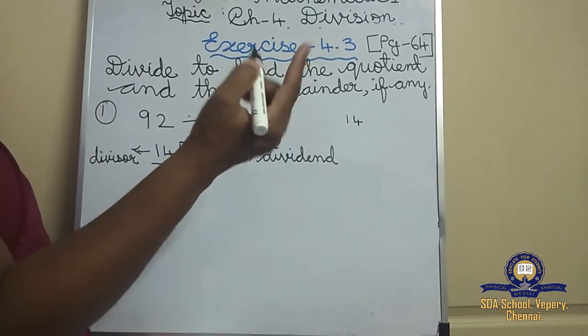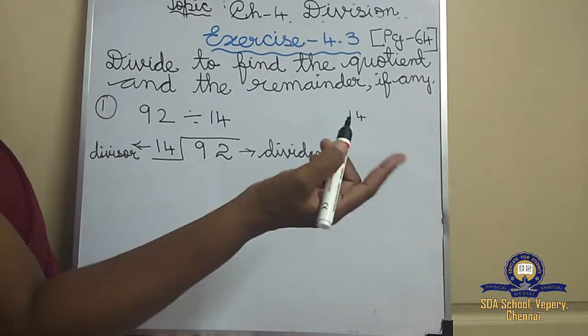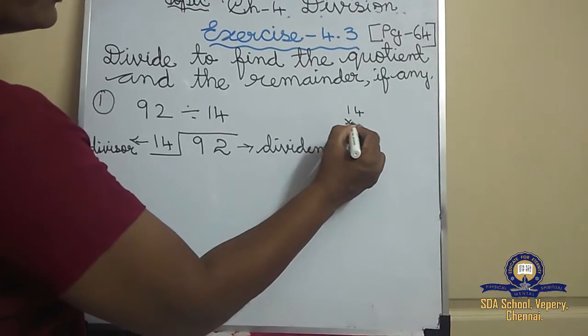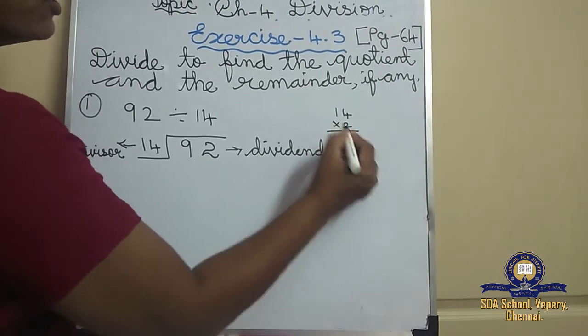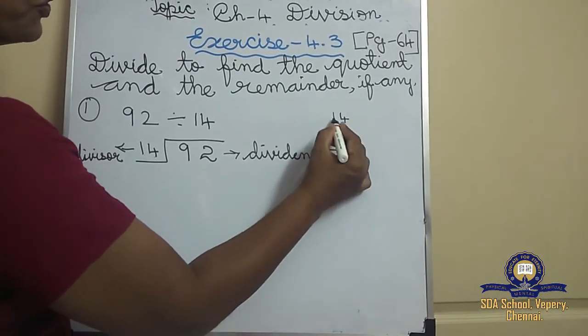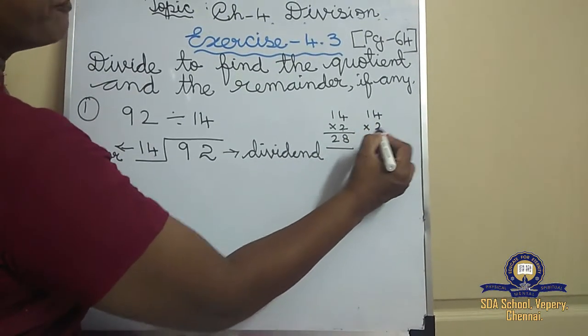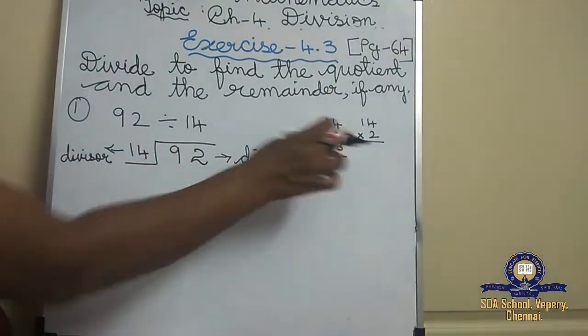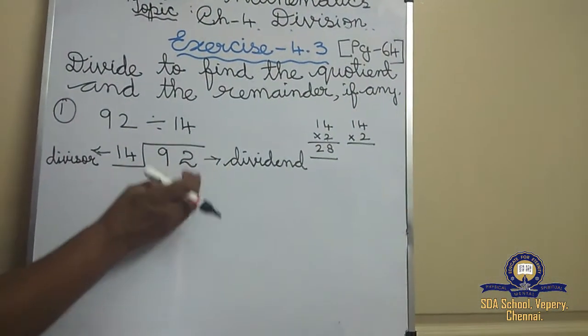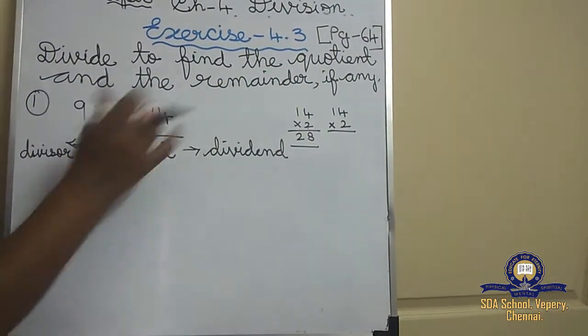All of you know 14 ones are 14, isn't it? So you can write from 2. 14 twos are, see, 2 fours are 8, 2 ones are 2, 28. So if you find like this, it will be very easy for you. You have to write till 92 or below. You can find out. See, I will teach you.